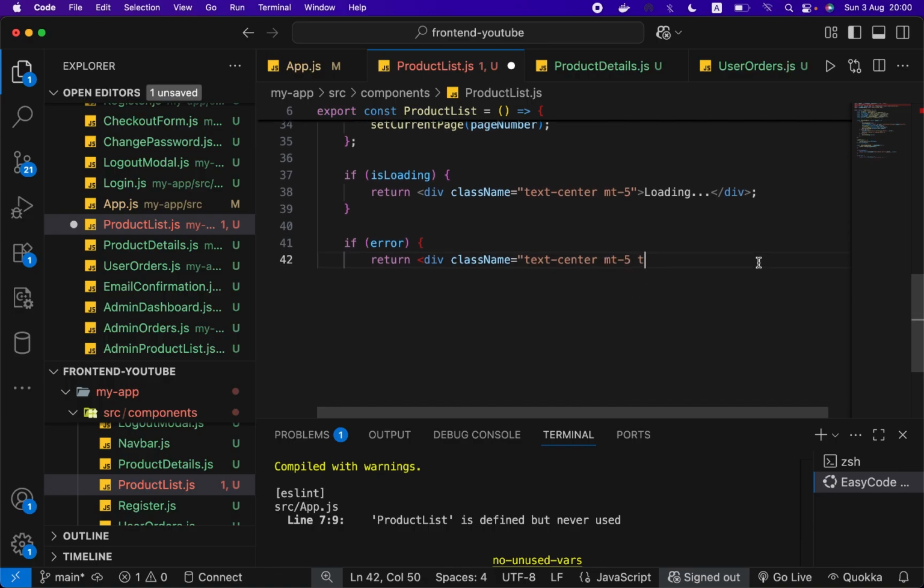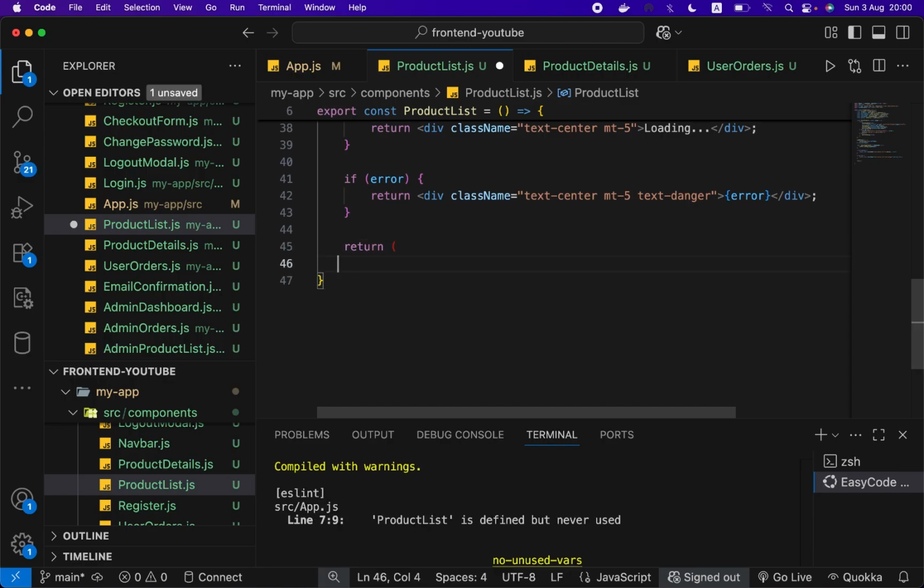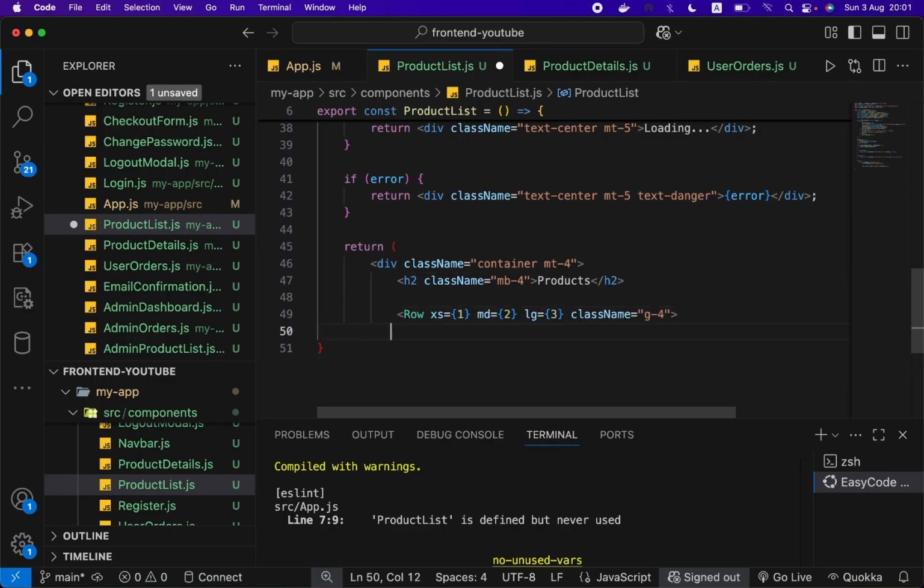And also, if there is any error, then we will write it out the same way as we did with loading. And for now, we don't see any issues here. So let's start writing a return here. And in the return, we simply write the HTML code again with the title products and with the rows, with the